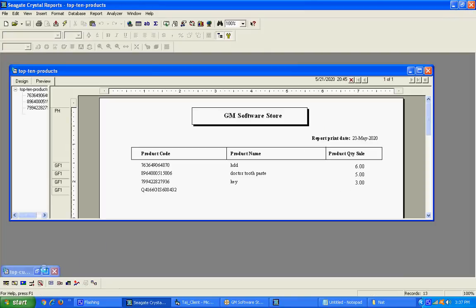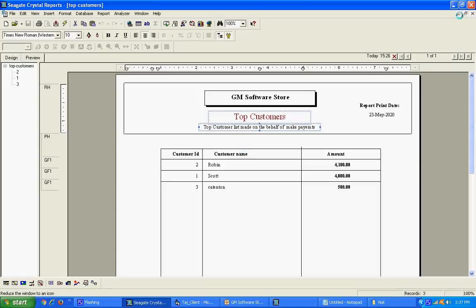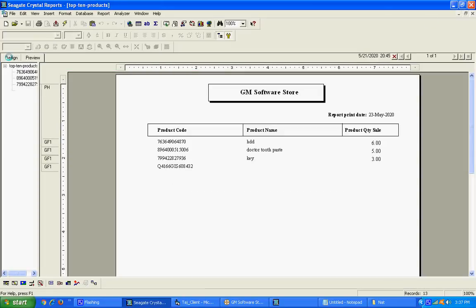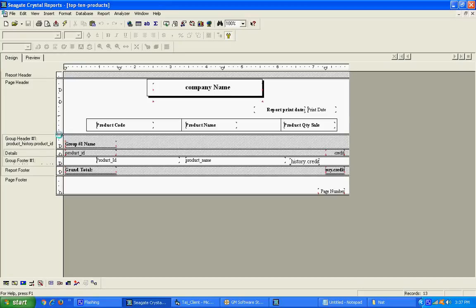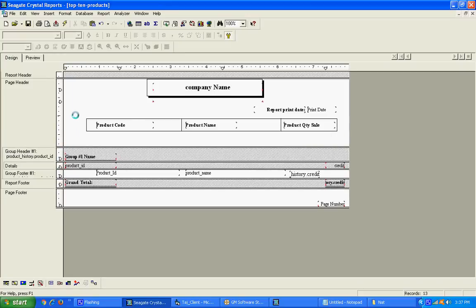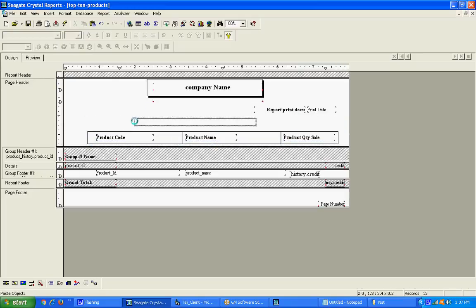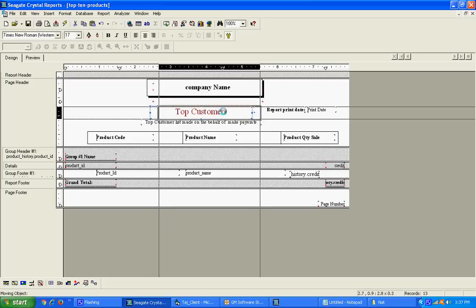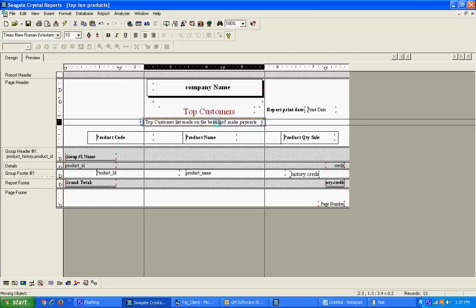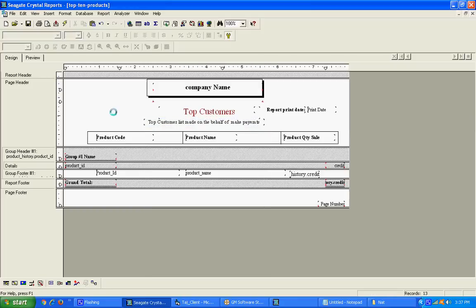Just I copy and paste here. I'm going to design view to add some space here. Move these objects to the bottom side and enter these. Done successfully. Move to center alignment. Okay, here I write top products.